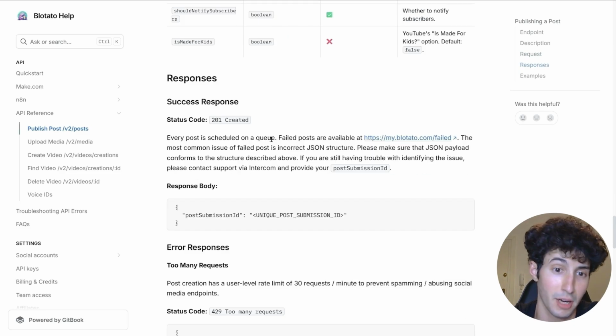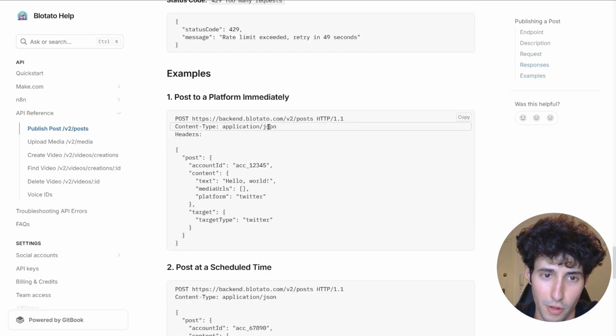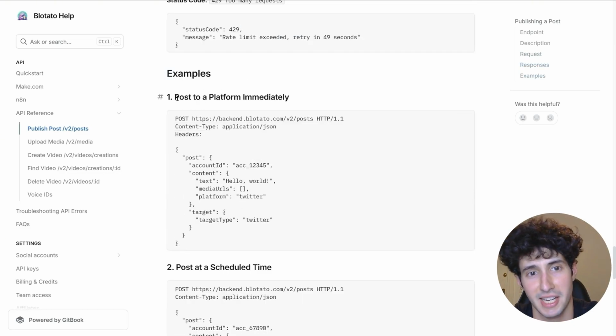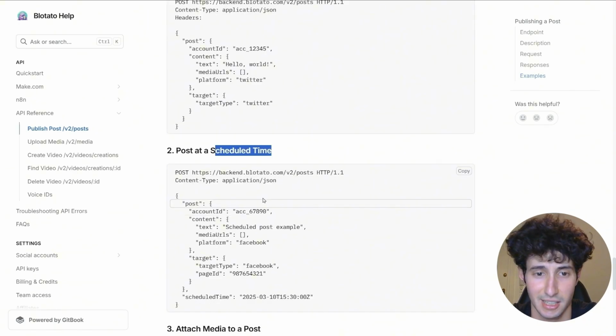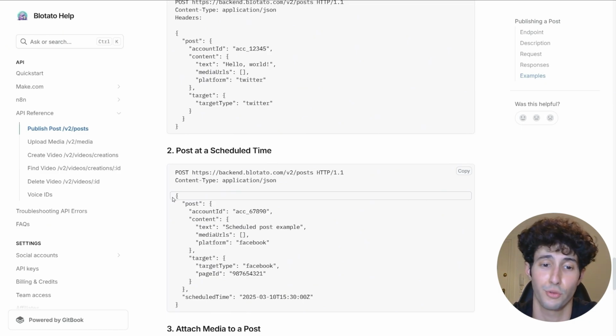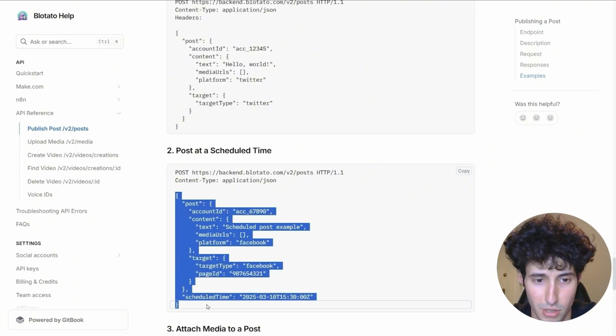The good part about Blotero's docs is that if we scroll all the way down here, we can see some examples that it has, and this one is to post in a specific platform immediately, but this one is to schedule a post, which is exactly what we're trying to do. And you can see we basically have the JSON code almost fully ready for us. We just have to make some minor tweaks to it, which I will show you what you need to do in a bit. So all you have to do is to simply come, take in this code, simply copy it,